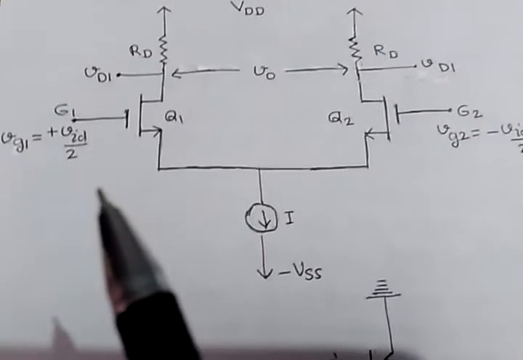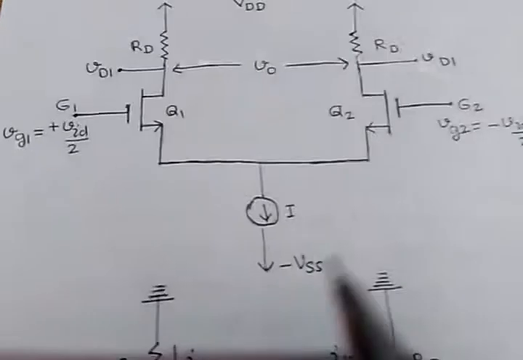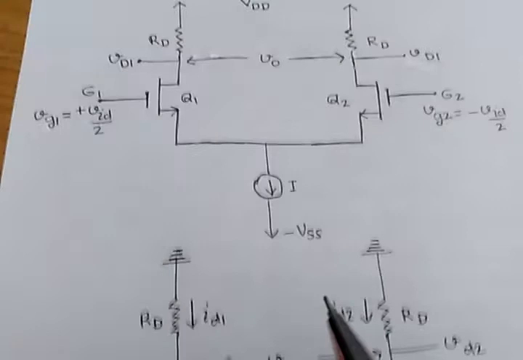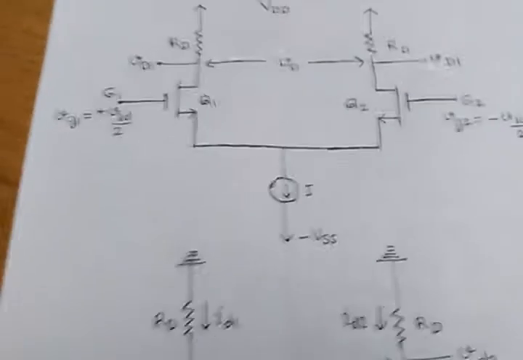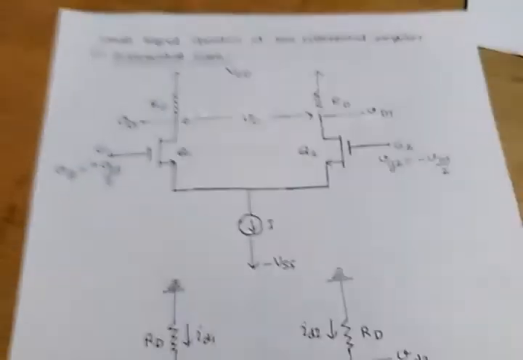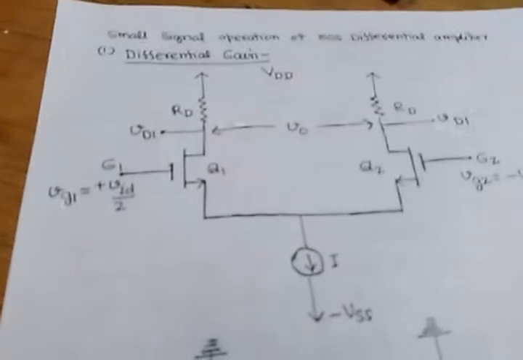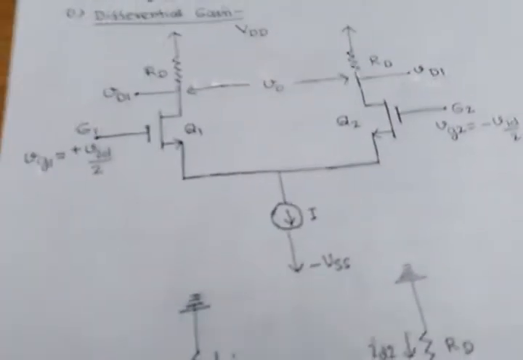Application of input signal in equal amount but opposite polarity is known as balanced mode input. In balanced mode input, the two inputs have the same magnitude but they are opposite in polarity. We have to find the expression for the differential gain due to the signal only, due to the applied input signal.